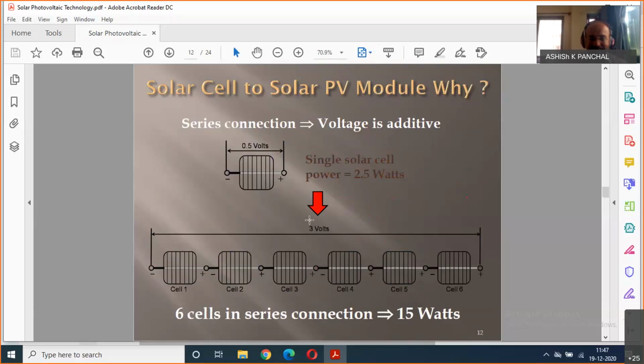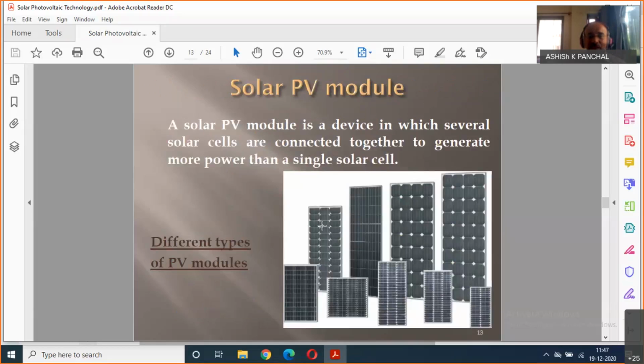Okay, so if you count the number of cells, see these are solar panels, right? If you now 12 12 9 9, so there are different types available from different manufacturers, right? And the beauty is that if you want 3 watt panels available in the market, if you want 300 watt panels in the market, okay,